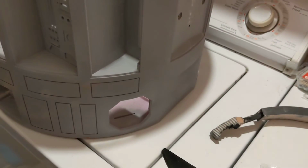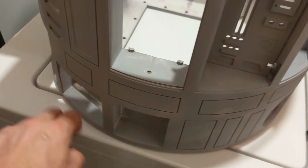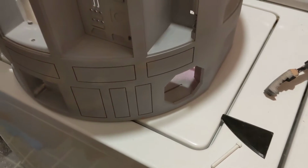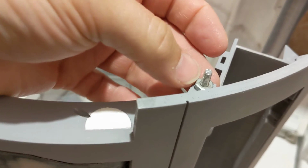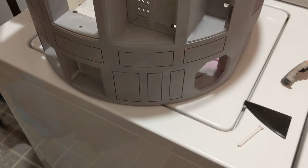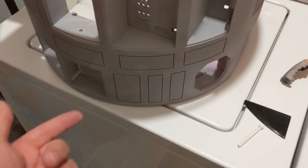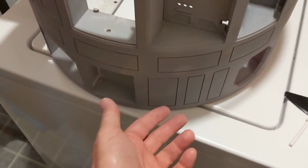Just needs, like I said, a little bit more spray paint, some areas on the bottom. I sprayed the bottom yesterday because I haven't posted the video, but I've got the threaded rods going through and then flush on the bottom. So I've got a couple videos on how I did that, but none with the results after I primed the bottom. So I think as soon as I cut this video off in a minute here, I'll probably turn this